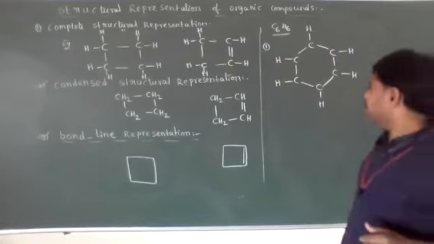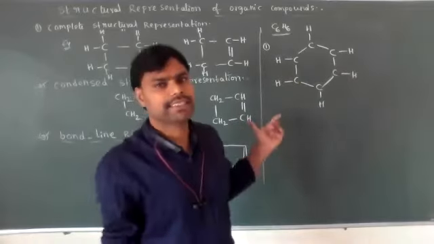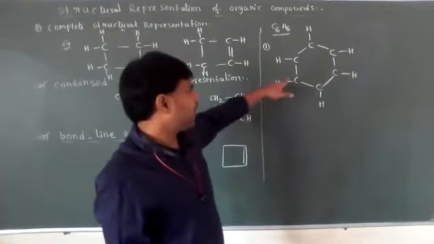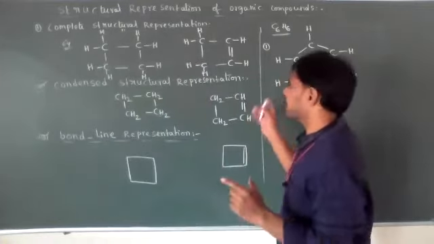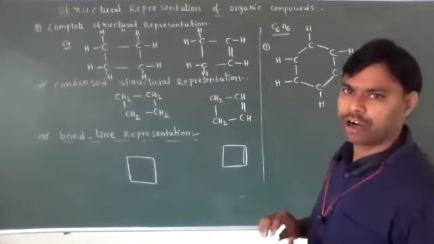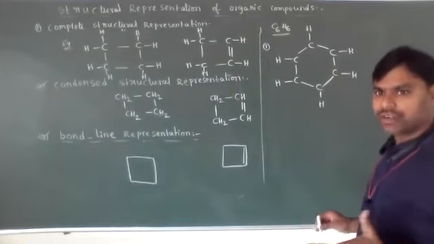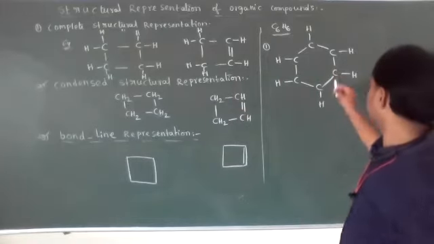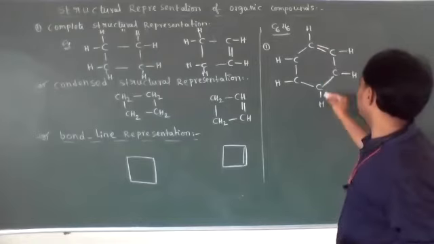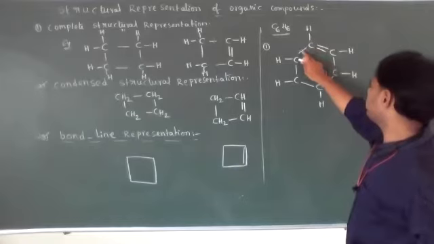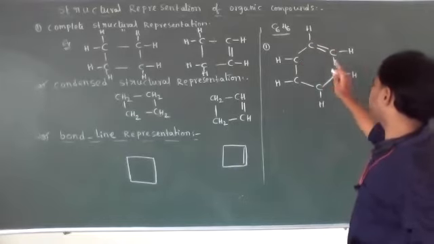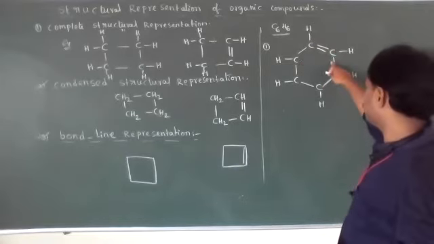Now the 6 hydrogens are over, but the valence of carbon is tetravalent, so between carbon and carbon double bonds are present. How many double bonds are present for benzene, dear students? 3 double bonds are present. Here a double bond, again a single bond. Now 1, 2, 3, 4. That's why here don't keep a double bond.